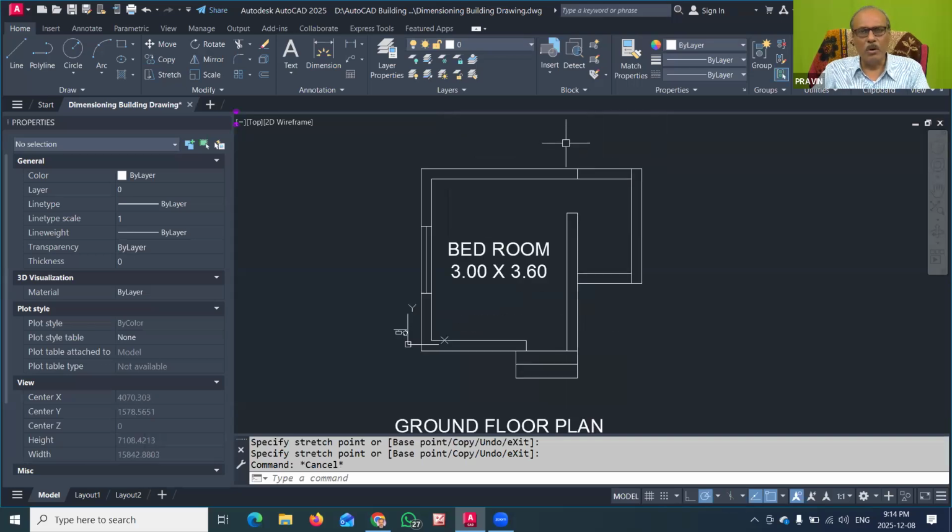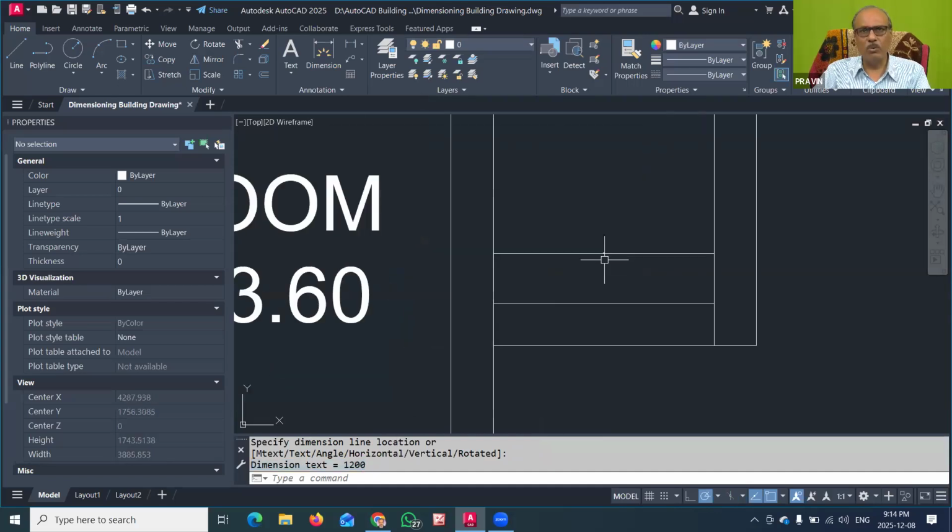Now the important task is that we have to show the dimensions in these rooms. For showing the dimension, the important step we are learning today, in the previous session we took it that way. So we will go again to the annotation panel. Suppose I am trying to give an aligned dimension here and I want to show the width of this toilet block. I will click here and show it here. On the command line, you may find that the dimension is proper. The dimension text is 1200. It is indicated here. You can enlarge this and observe it.